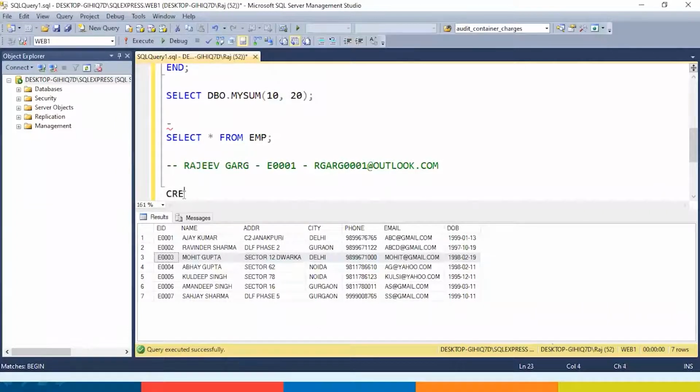So I will say create function. The name of the function, let's say, create function.